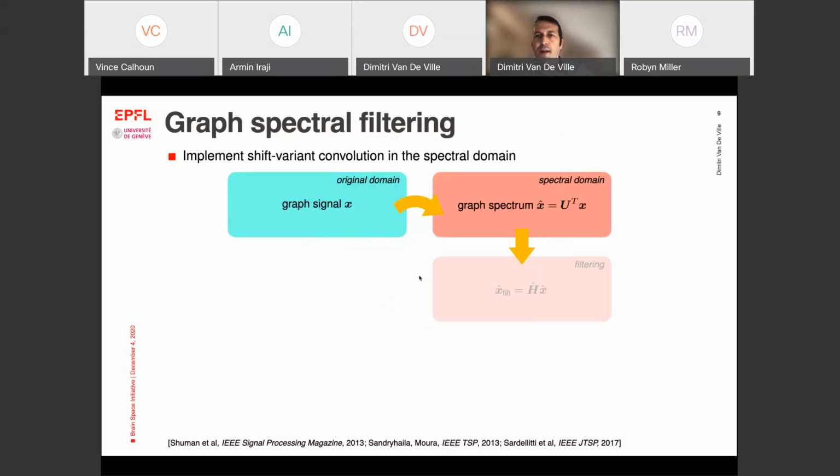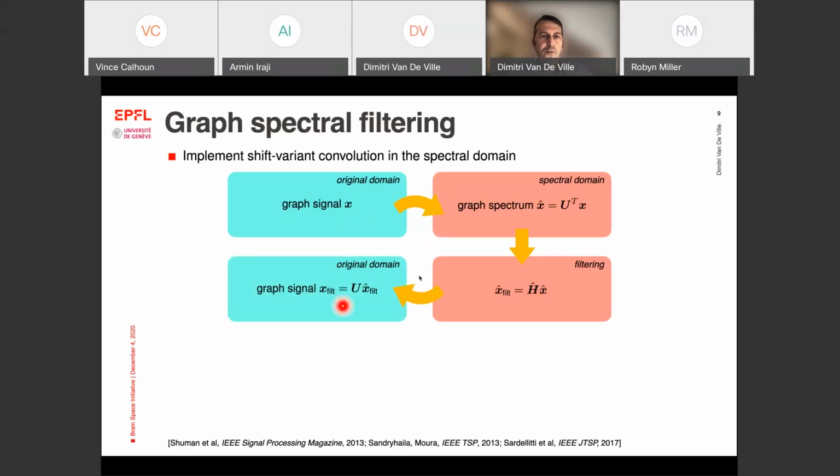And then we can apply our filtering operation by simple weighting of the spectral coefficients in the spectral domain. So the matrix H hat here is a diagonal matrix. And we get back our filtered graph signal in the original domain by the inverse graph Fourier transform. So of course this probably reminds you of the celebrated convolution theorem, and we're basically applying our filtering in the